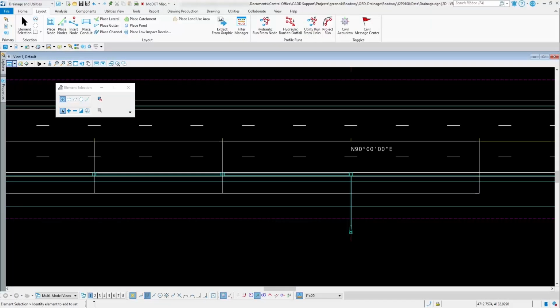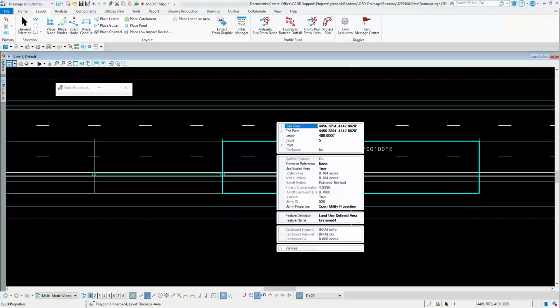Reviewing the drainage areas. So let's go through here and select one of those drainage areas. In your dynamic toolbar, you have the physical properties of it. You can do a graph, utility properties, and you can delete that drainage area. So if I select the first one that says properties, this will give me the physical properties of that particular